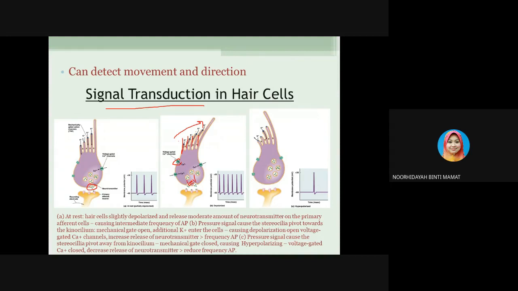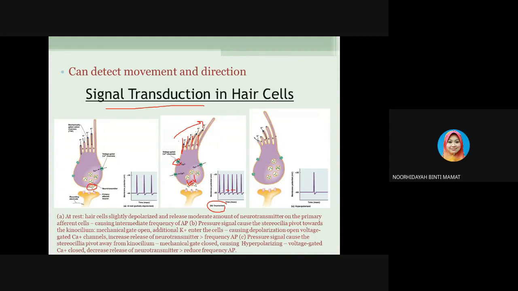So with the increase of the neurotransmitter, there will be an increase in the frequency of the AP, the action potential here. So it creates the depolarized situation. While in the C, if they receive some sort of decreased light pressure signal, it causes the